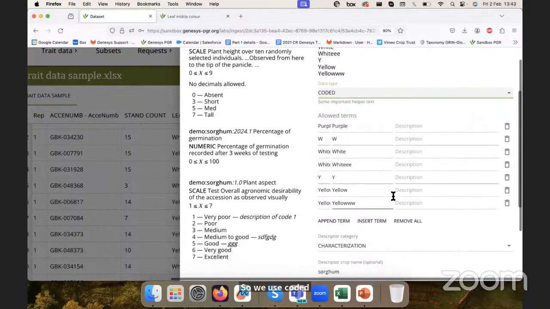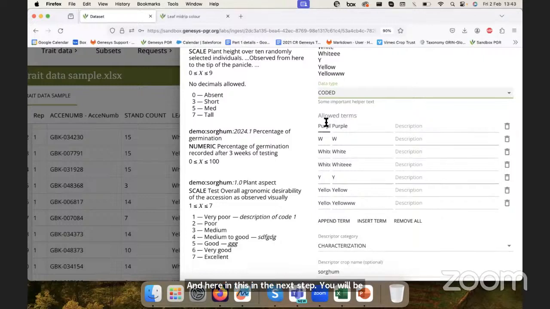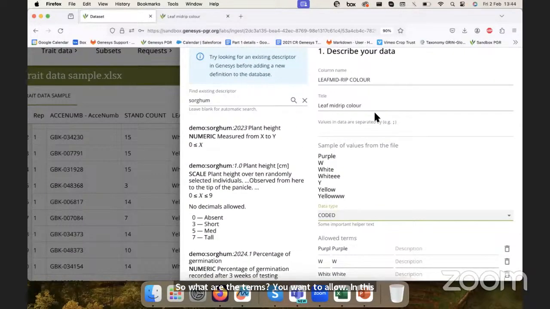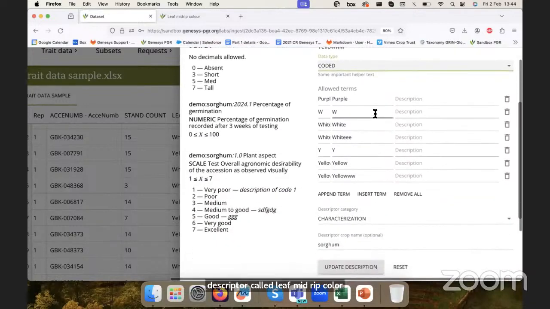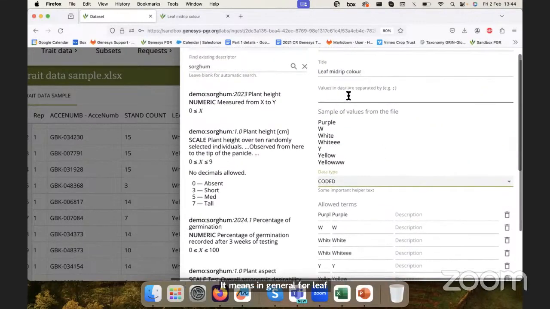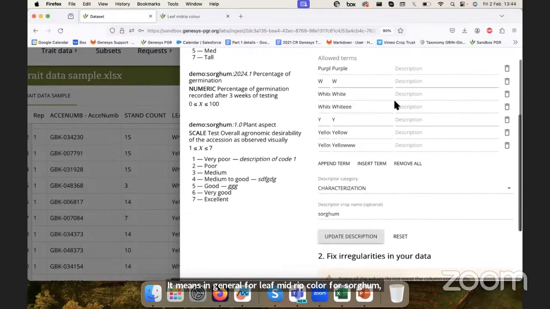And here, in the next step, you will be able to select what are the allowed terms. So what are the terms that you want to allow in this descriptor called leaf midrib color? One note to keep in mind, this doesn't mean what are the allowed terms only in this trait data set. It means in general, for leaf midrib color for sorghum, what are the allowed colors? Even if they don't happen to be part of your trait data set